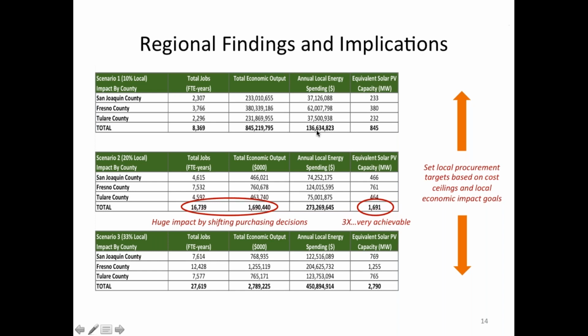But what's interesting here and why we wanted to provide this is to demonstrate concretely what those benefits could be, so that a CCE can set their procurement targets based on cost ceiling in terms of, there may be an incremental cost,